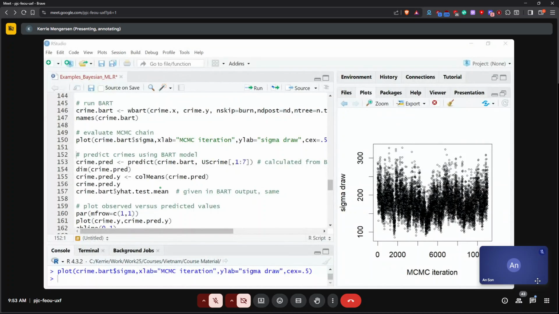Okay. So the next part of the code says to predict the crimes using the BART model. What I've done here for you is to say, let's predict using crime.BART for the last 7 observations, or 7 regions, and then I'm going to get the results. Now, BART output actually gives those to me.